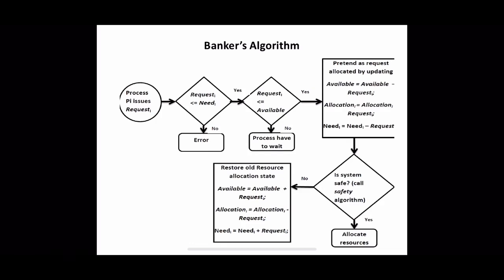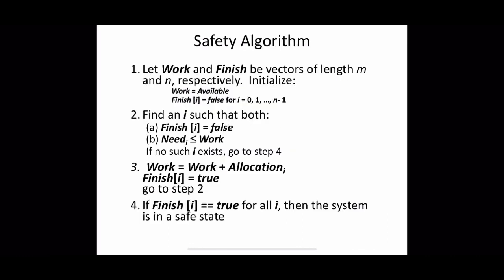Like that, Need[i] also indicates a particular process, the future requirement for process Pi. Okay, now let us elaborate on this safety algorithm. Given a current allocation state, how will the system check whether the state is safe or not? We can see the details of that algorithm.